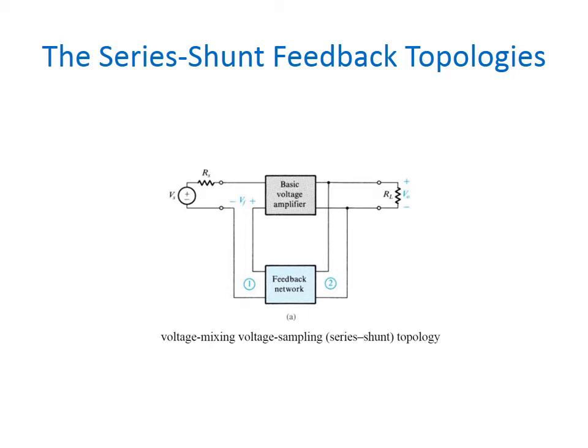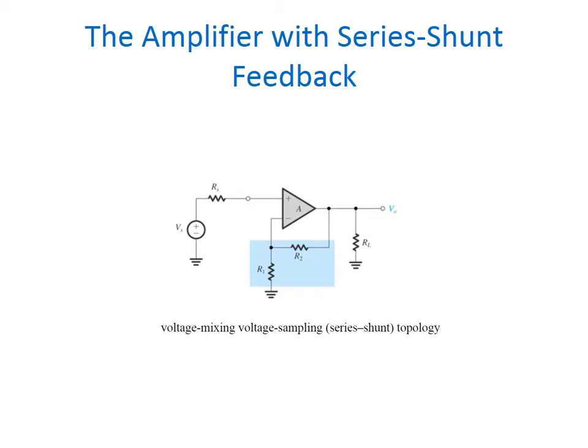So first we are going to see the series shunt feedback topology. In this type of circuit, a portion of the output voltage is applied to the input voltage in series through the feedback circuit. Here it is apparent that the feedback circuit is located in shunt at the output, although in series at the input. When the feedback circuit is connected in shunt at the output, the output impedance is reduced, and the input impedance is enlarged because of the series connection at the input. So this is the amplifier where we are going to apply the series shunt feedback.